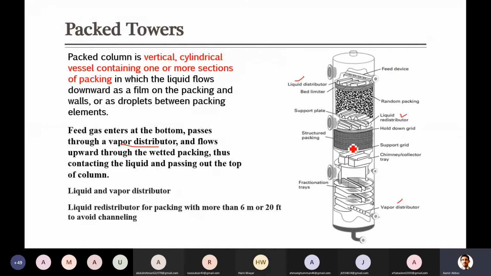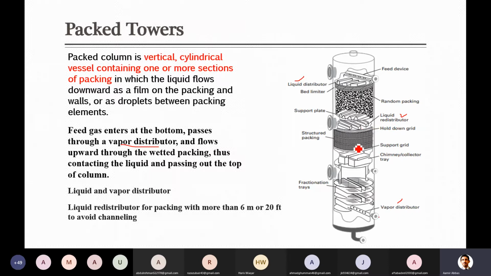Sometimes there can be another purpose. For example, if you look at reactors, where there is a bed of catalyst, maybe for cooling or heating purposes, the bed is split into 2-3 parts in between, and there is a cooling or heating mechanism between the beds. But here, in case of absorption, there are stages of bed to provide better distribution of the liquid by installing liquid redistributors.